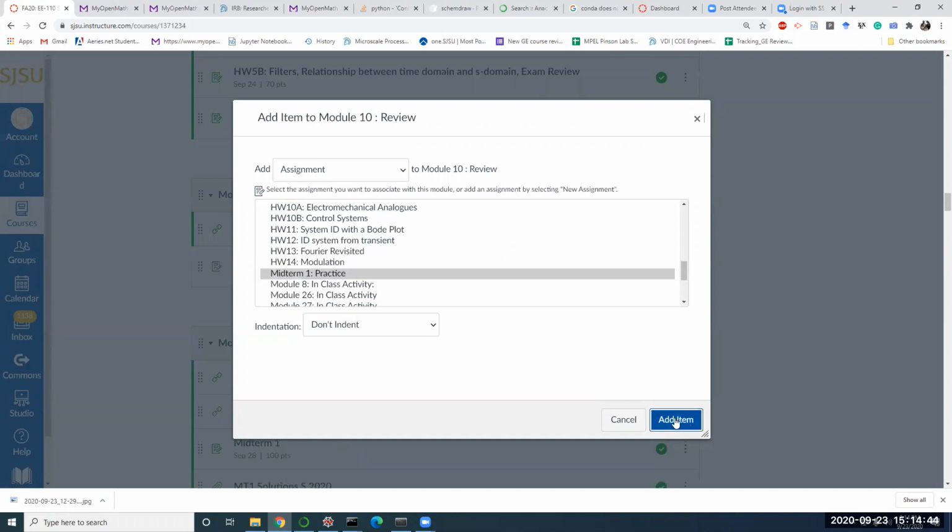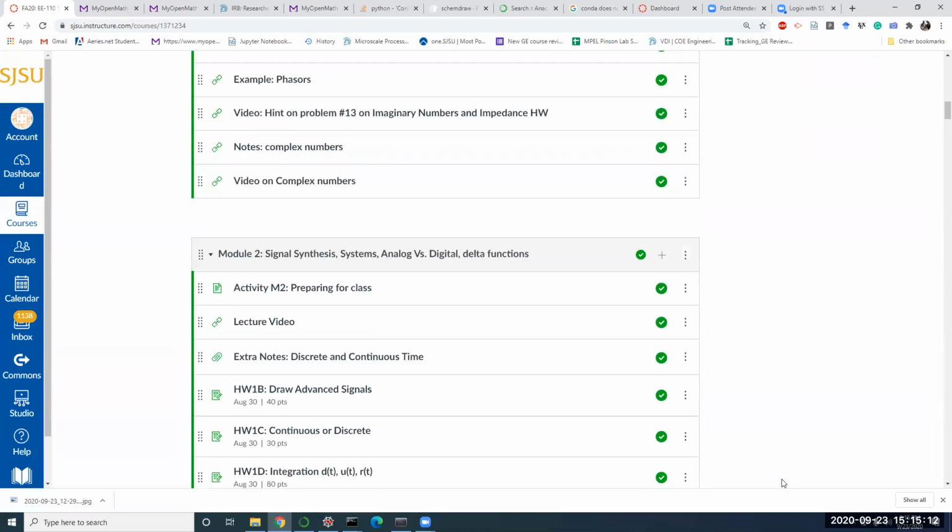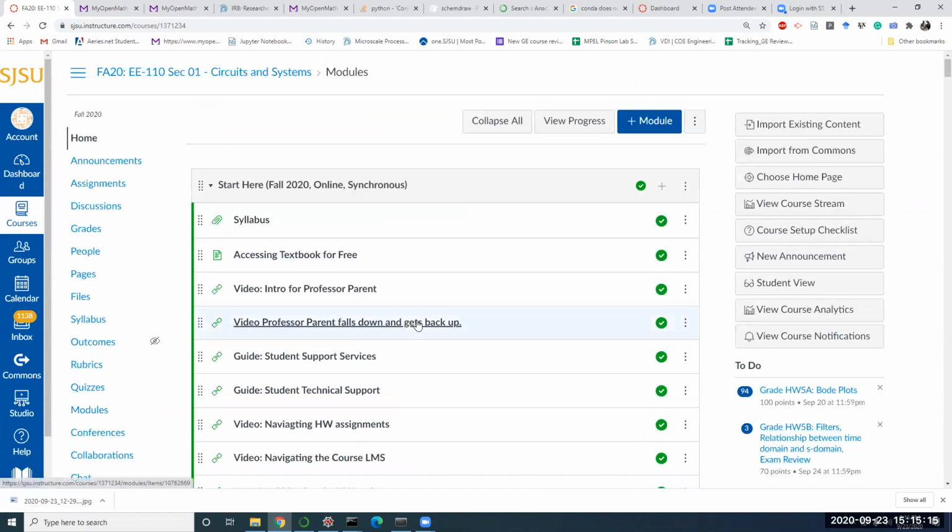Right here I can put midterm 1 practice. Now it doesn't have 5 questions. There are some questions sometimes that I just can't possibly create in an automatically graded fashion. And if that's the case, right in the question, I'll say, you need to write this out and scan it. It won't automatically grade, all right? And some, for example,